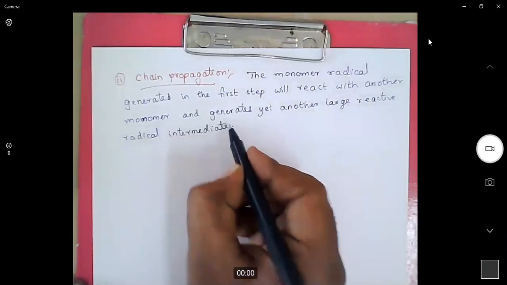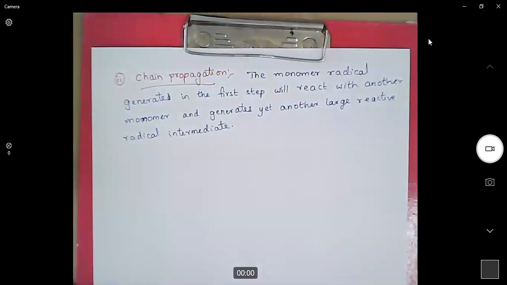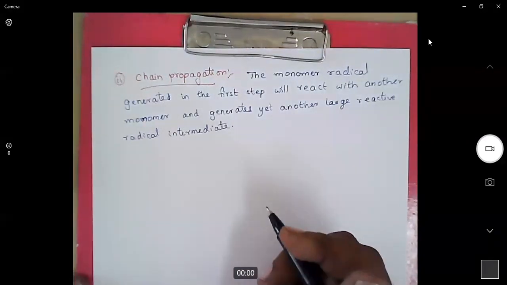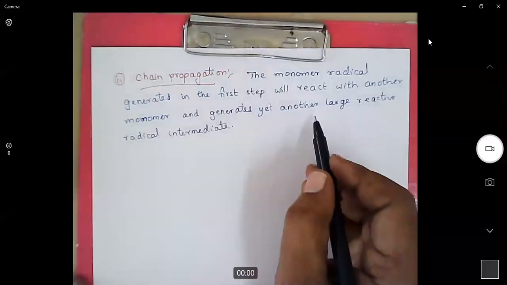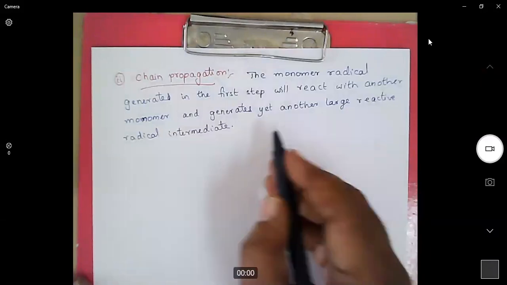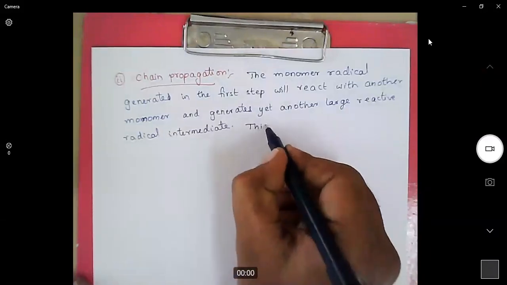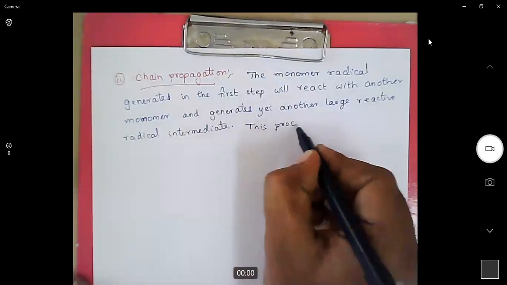So the radical monomer which is generated in the chain initiation step now reacts with another monomer and generates a large radical. This process will continue